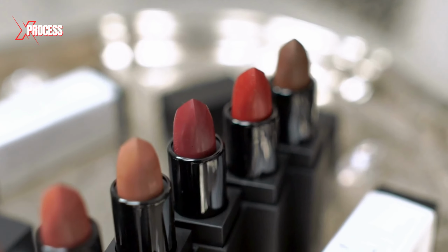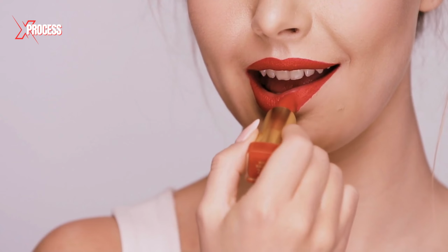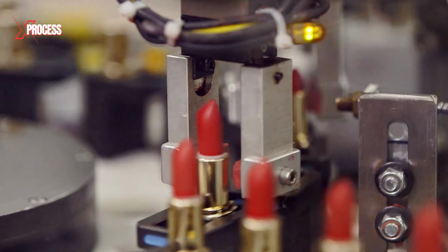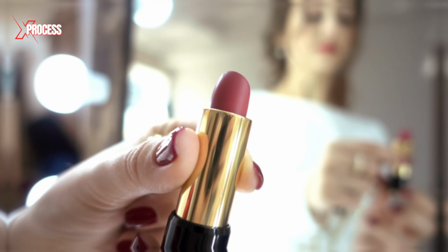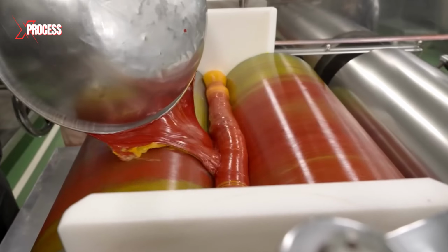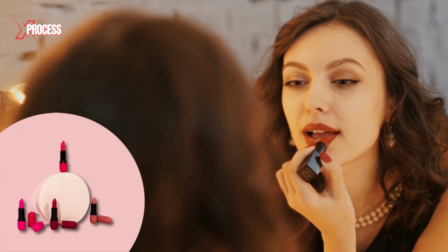Ever wondered what it takes to create that perfect shade of lipstick you love? From its vibrant color to its smooth application, every tube of lipstick is the result of a fascinating process. From concept to creation, discover the secrets and craftsmanship that transform basic ingredients into the beauty essential you use every